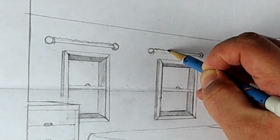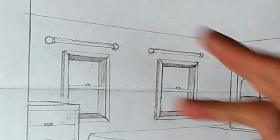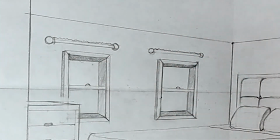So here we're going to make those little squiggly lines a little bit closer together because we're looking at the curtains bunched up at the top of the rod from a distance, so that's going to look smaller too. Draw all this by hand. You don't want to draw any of this curtain with the ruler. This is another fabric piece,